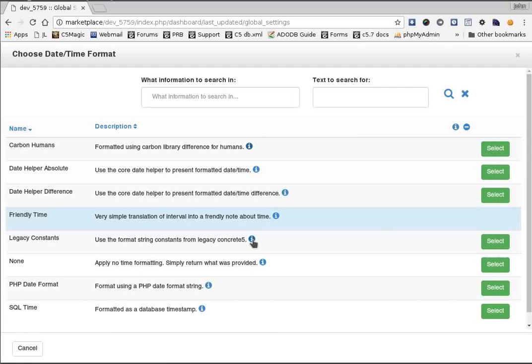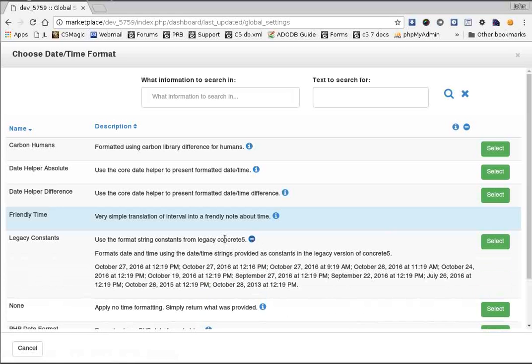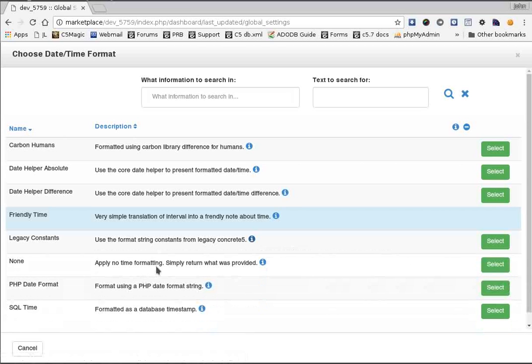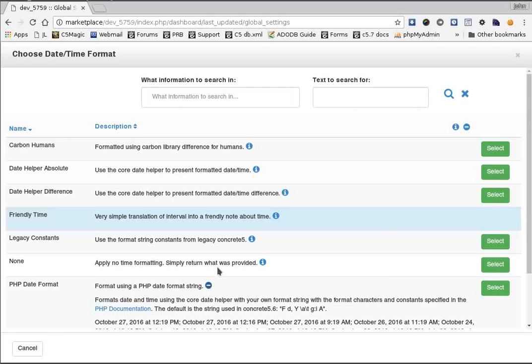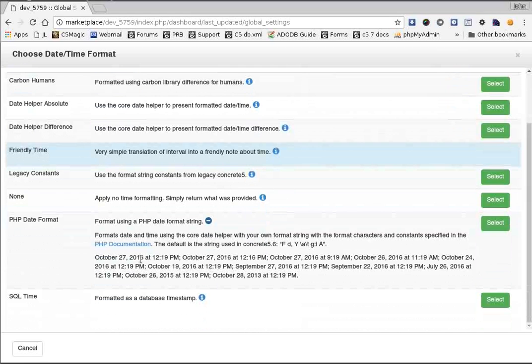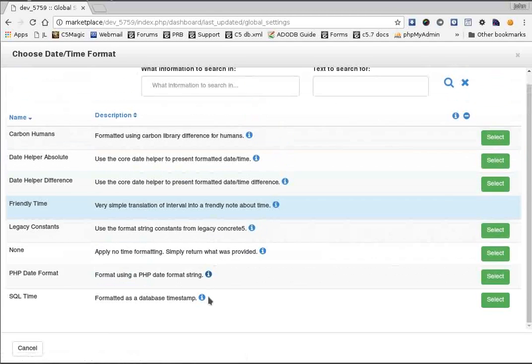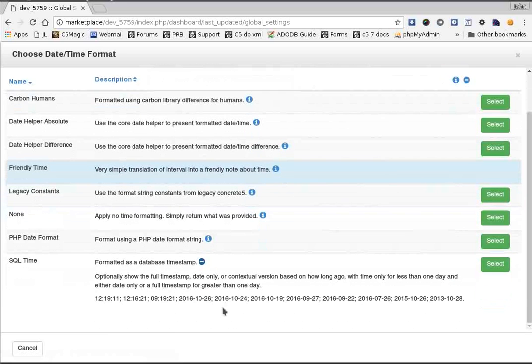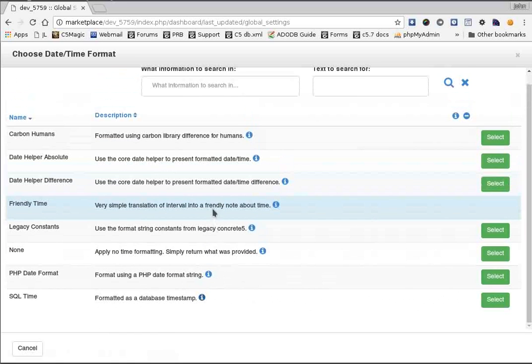The legacy constants are typically the constants that you would have seen on Concrete 5.6 for various time formats. They're all provided here, so you can format in any of those ways. None, that's just purely a date stamp. PHP date formats, well, here you can enter any PHP date format string for whatever the PHP date object is capable of formatting, and SQL time is the same way you'd display a database stamp. Anyway, I'm going to leave it at friendly